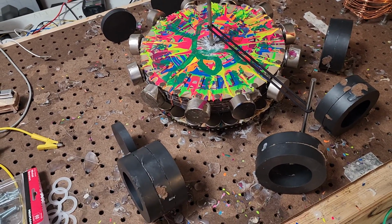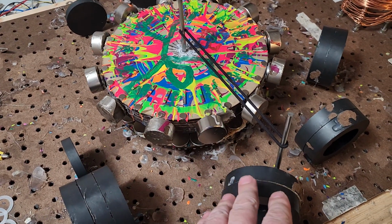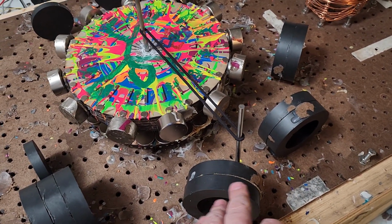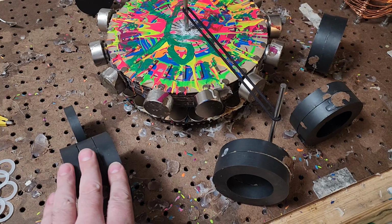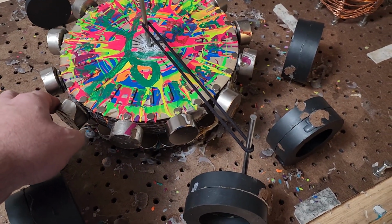I made a few adjustments. I moved everything in closer to the rotor, and I doubled up on the push. So these are all pushing, those are all pushing. This little one right here is pulling, and this unit here is pushing. So if we just give it a little push,